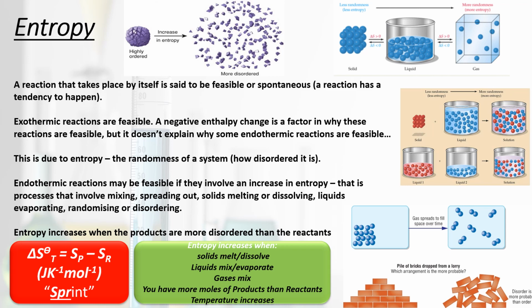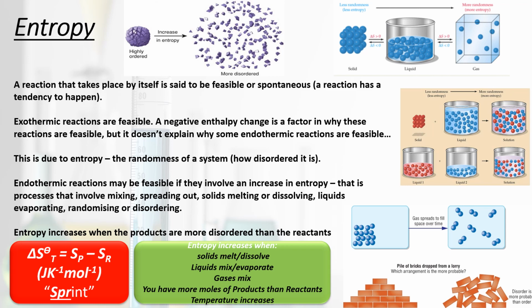Actually what we think about when we think about entropy is how many different ways can we arrange the system. So if we think about our highly ordered, let's say it's an ionic solid, the sodium chloride, that's very, very highly ordered. It's not very random at all. It's very, very ordered. And so therefore, how many ways can we arrange that system? Well, actually, we can't arrange it in many ways because it's fixed in that position.